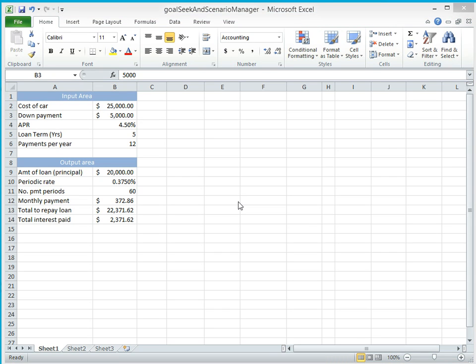In this demo, I'm going to show you how to use GoalSeek to figure out how to get your monthly payment to $300. And basically we work backwards. We're going to tell Excel that we can only afford $300 and let Excel figure out how much car we can afford. So click on Data